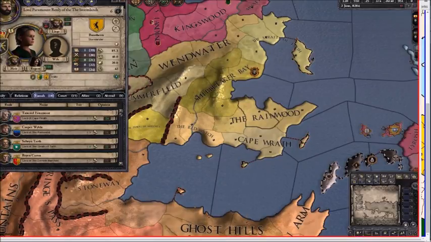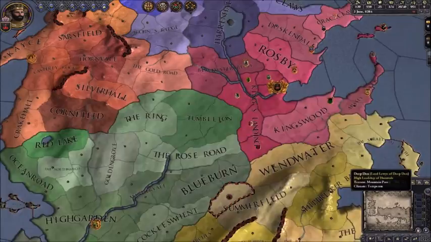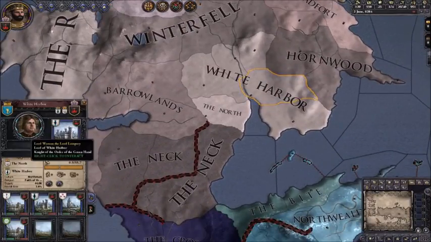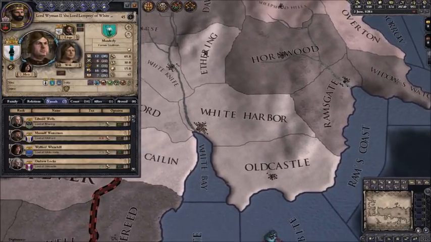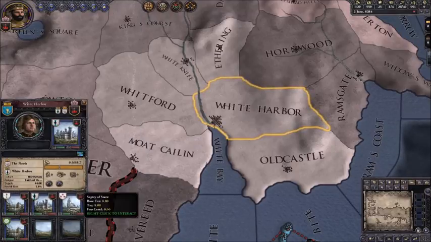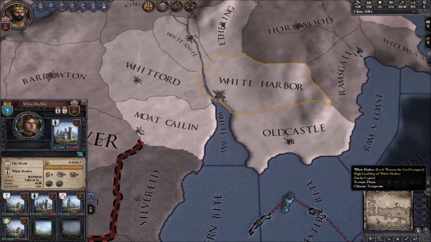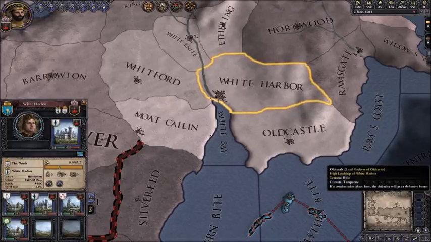So some other high lordships, we have Lord Wyman Manderley and House Manderley of White Harbor. So they control White Harbor and I believe, what's their fort called? The Wolf's Den and Newcastle are controlled directly by House Manderley. They are part of the Demesne. They are part of the unalienable lands that House Manderley holds directly and draws direct tax revenue for. And these are all counties which are sworn to the service of House Manderley. So it's a very